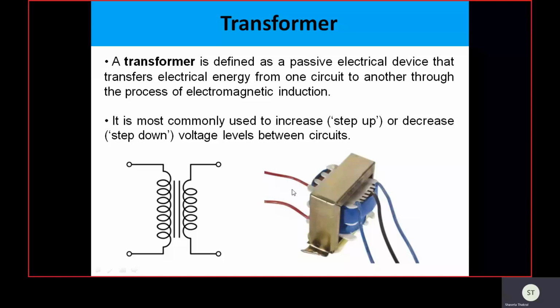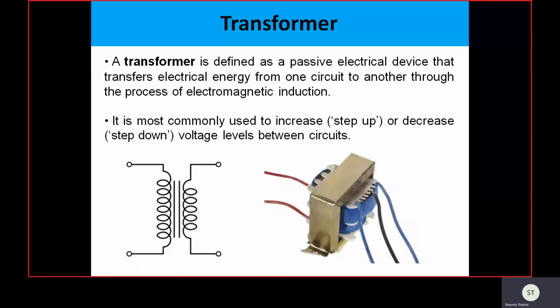Here we can see the primary winding. On the primary side we supply 220 volts, and this is the secondary side, in which we can see three terminals. On the secondary side, this is considered to be the top of the secondary, this is the bottom of the secondary, and this particular terminal is called the center tap terminal. The center tap transformer is used in the center tap rectifier circuit, that is the center tap full